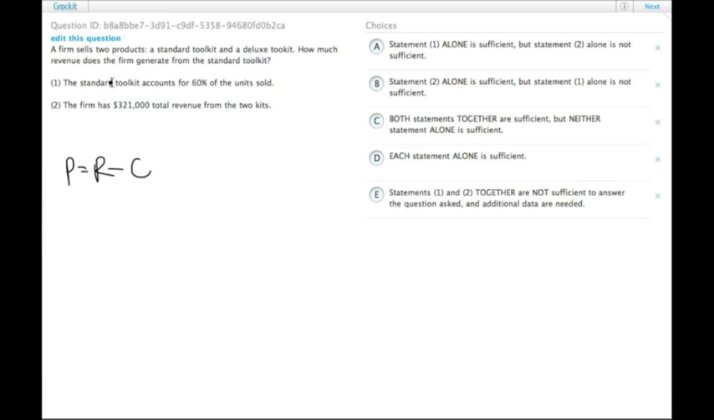Statement 1 tells us that the standard toolkit accounts for 60% of the units sold, but there's no revenue, no dollars in here, so there's no way this is sufficient, because we need dollars to figure out the answer. Statement 2 tells us the firm had $321,000 total revenue from the two kits, which is good, but we don't know how those are distributed, and we need just the standard toolkit, so that's not going to be sufficient